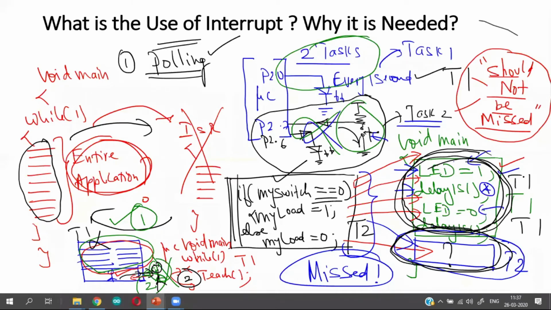Polling is a continuous or periodic checking of an event which may or may not happen, because that is something which is not under the control of the processor. Under such circumstances, the processor is basically wasting time instead of doing the background task, which is more important as far as the processor is concerned. Now let us consider the second situation. The second situation is called the interrupt technique.